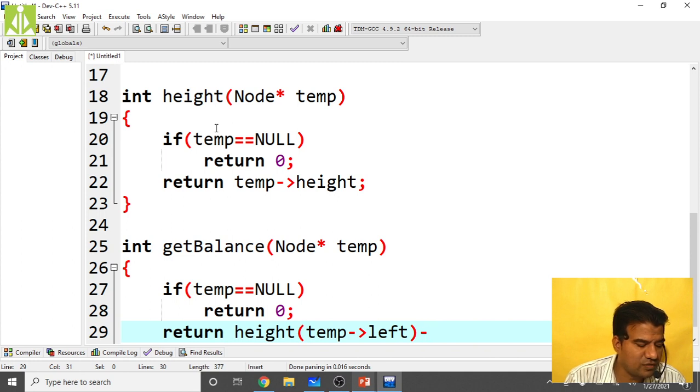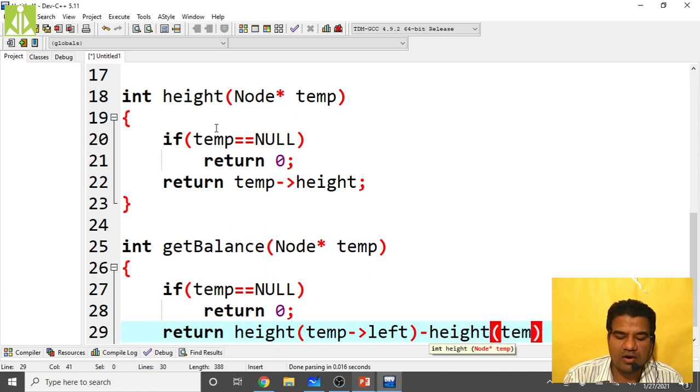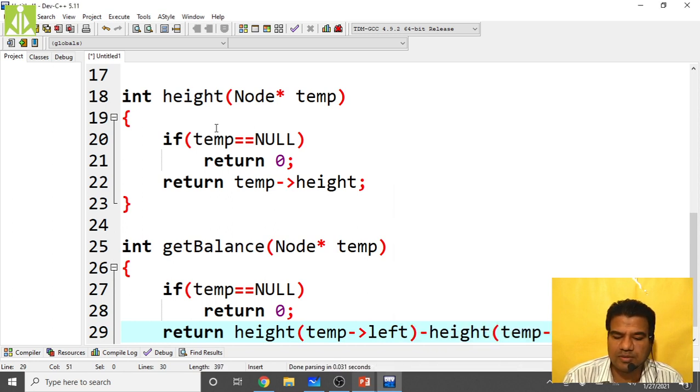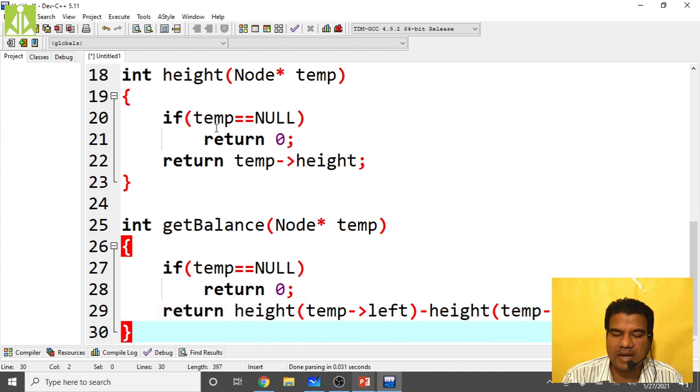The whole thing, if you want, you can put inside parentheses, but that is not required basically. So height of temp of right. That's it, put the semicolon at the end. It will return the balance factor simply by subtracting the height of the right subtree from the height of the left subtree.